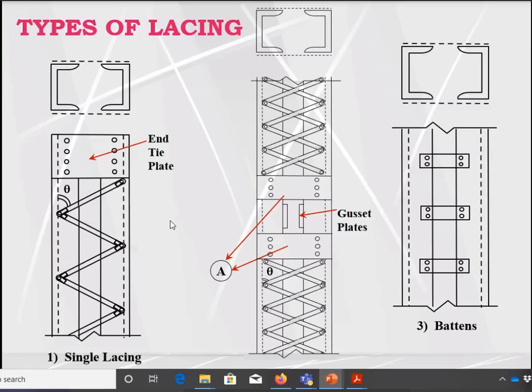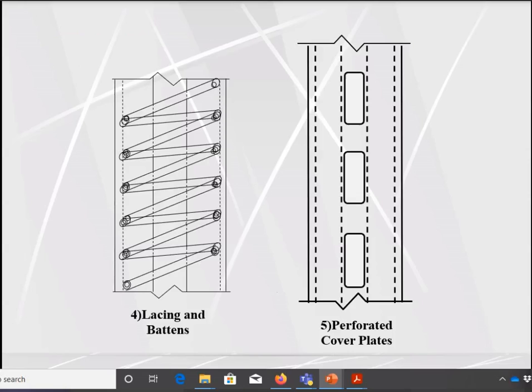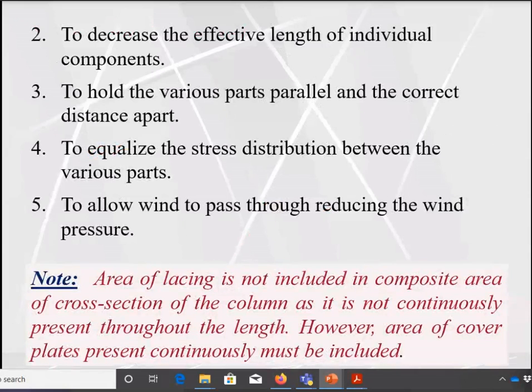Sometimes we don't need to compute the modified slenderness ratio for the built-up section with lacing. We only require to compute the modified slenderness ratio for a built-up section with stay plate, because the A value is very large. But in this case, the A value will be very less. We will see what the A value will be during our solution.